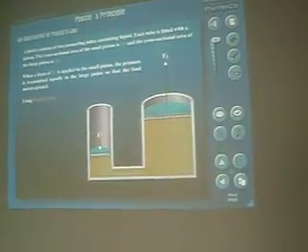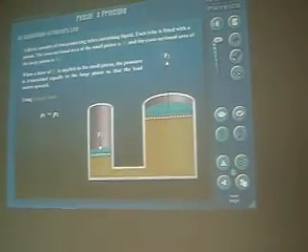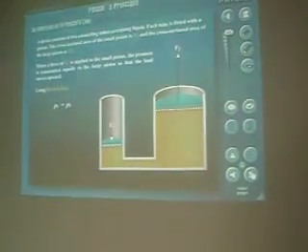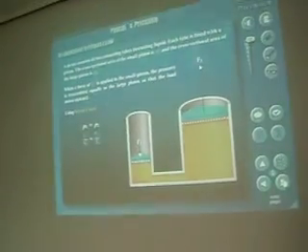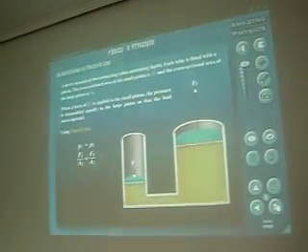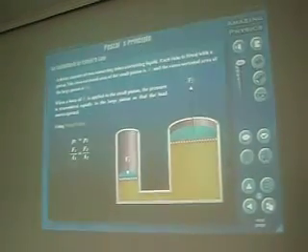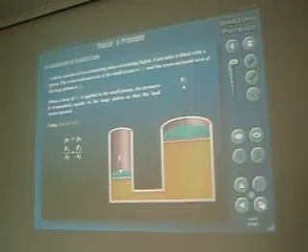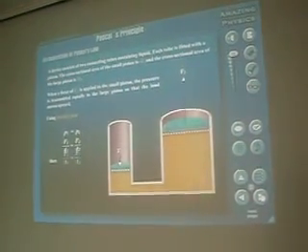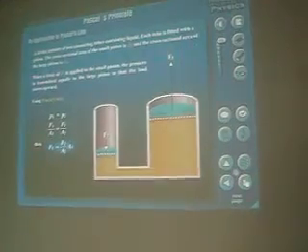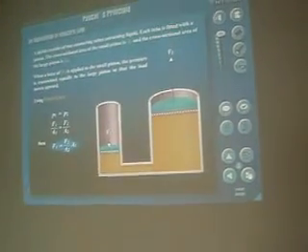Using Pascal's law, P1 equals P2. F1 divided by A1 equals F2 divided by A2. Then, F1 equals F2 divided by